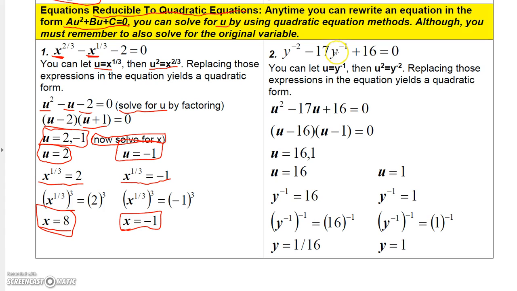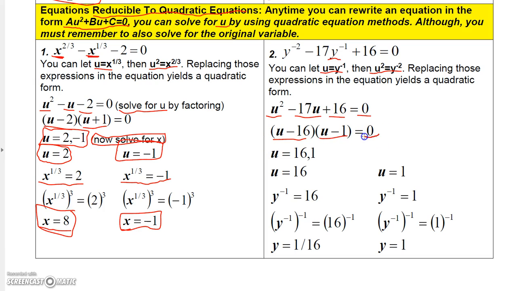So what we're going to do is we're going to let this be u, so u equals y to the negative 1, and then of course if you square u, you get y to the negative 2. So we can replace y to the negative 2 here with u squared. We can replace y to the negative 1 here with u, and bring the 16 down, and then of course equals 0. And then we factor this, and this factors into u minus 16 and u minus 1,